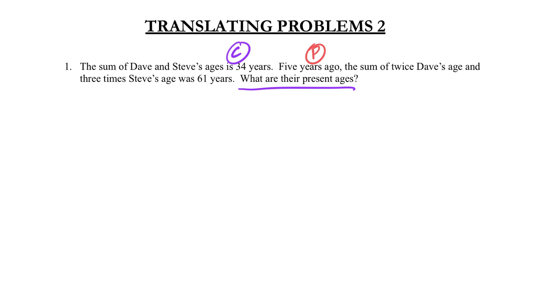Okay, how could we start it? Well, the question does ask, what are the current ages, the present ages? So I think what I would do is create my let statements in that time period, current, present. Now, since the names are Dave and Steve, I'm going to use D and S just so I can keep them straight. That way I don't have to keep looking back up at my let statements to figure out who I made X, who I made Y, or so on. So for my first let statement, I'll let D represent Dave's age. And to be very clear,